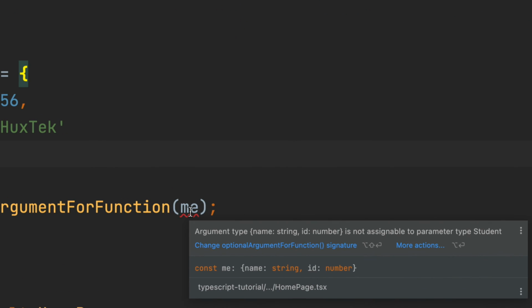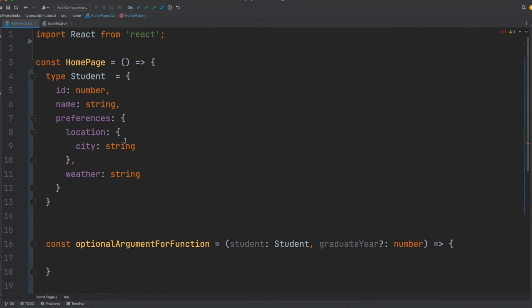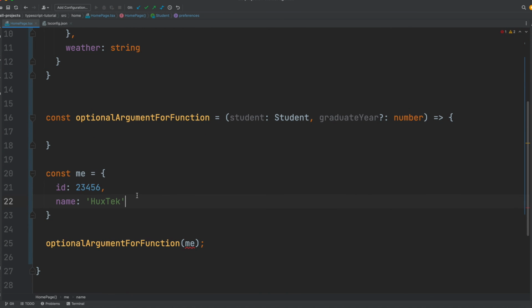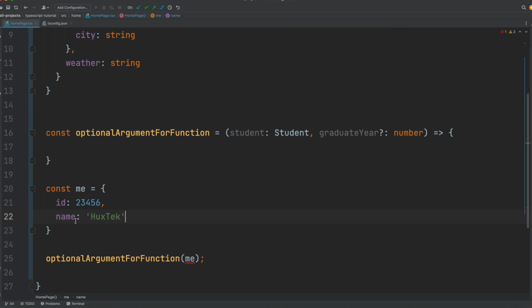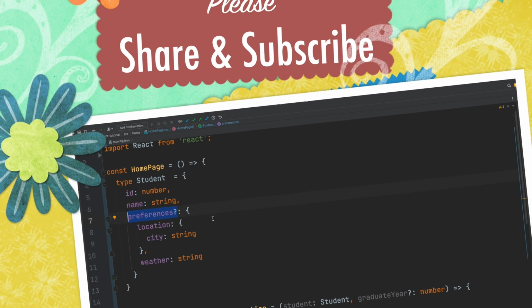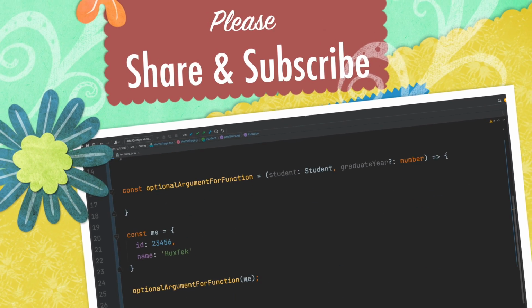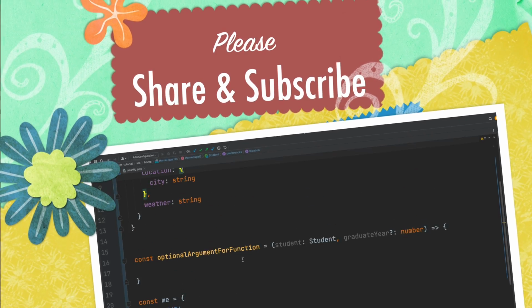It says that this type doesn't match the type that we have here, because this preference is missing from this object. What should I do? How can I resolve this? I can either add the preference, but if I don't have the preference here, I can make this one optional. So as soon as I make this one optional, it means that they can provide it, or if they don't want to provide it, they're fine. So this error went away. So that's how the optional concept comes into